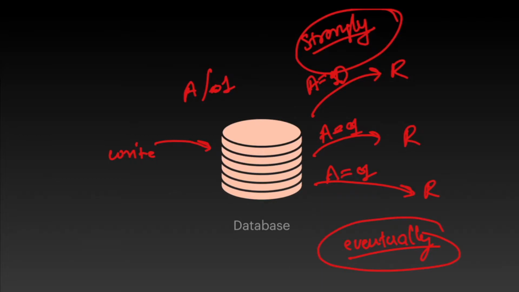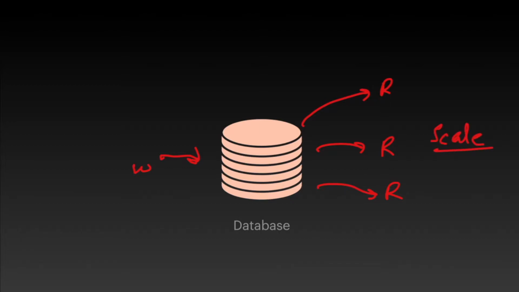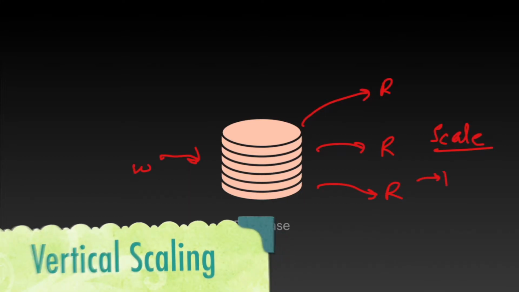So now let's try to understand what is the use case and what is the scenario where we build such type of system. Again, let's come to our system where we have a writer which is performing the writes, and we have the readers which are reading records from our database. Now suppose the number of writes and reads increased on our system, what will we do? We will scale our system. So what are the ways of scaling our system? The easiest way we must first try is the vertical scaling.